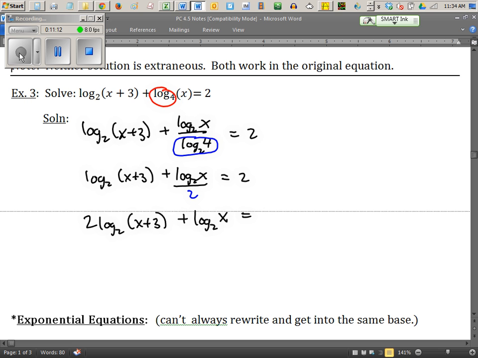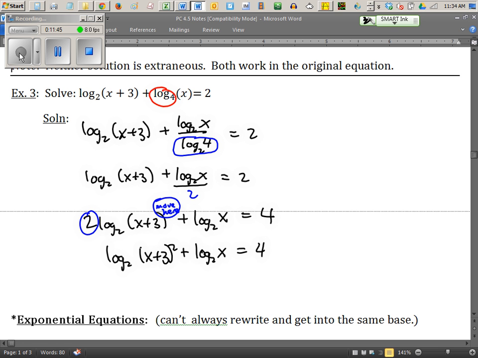Sorry, yes, making sure you're awake there. The right side's 4. Thank you. I'm supposed to multiply everything by 2, including the right side. Notice I have the same base logs, and so I can join these logs. First I need to move this 2 up to here. Okay, so it's basically log base 2 of (x plus 3) squared plus log base 2 of x equals 4,